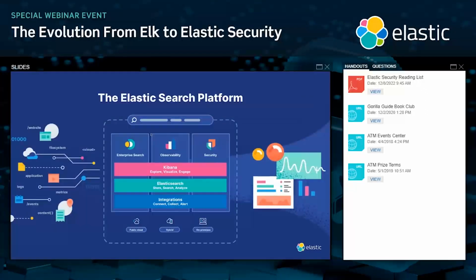So how have things evolved from ELK to Elastic Security? First of all, both ELK and Elastic Security are backed by Elastic as the same company, and it's actually the same product. Elastic has been investing in the last several years into building solutions for the most common use cases of ELK. The whole idea behind that is to provide easy-to-use solutions to your problems without having to build your own solution.